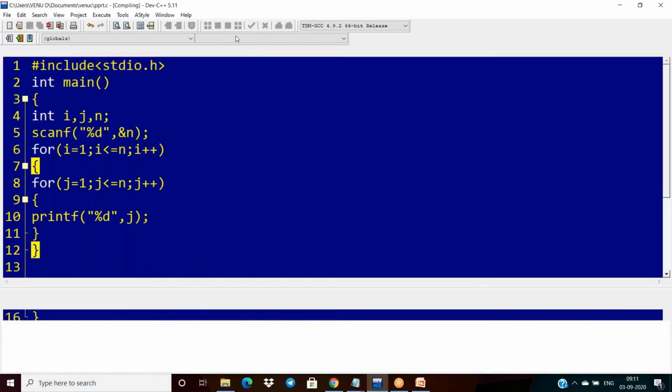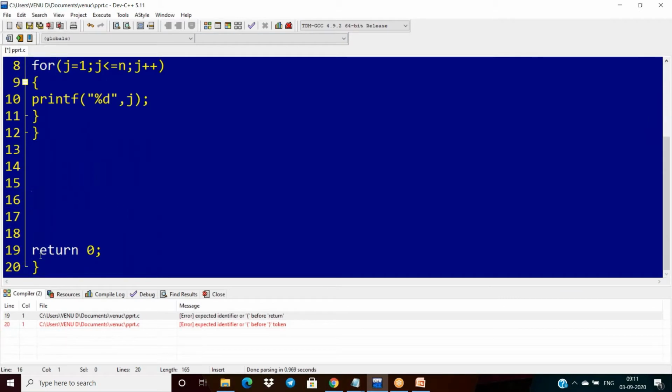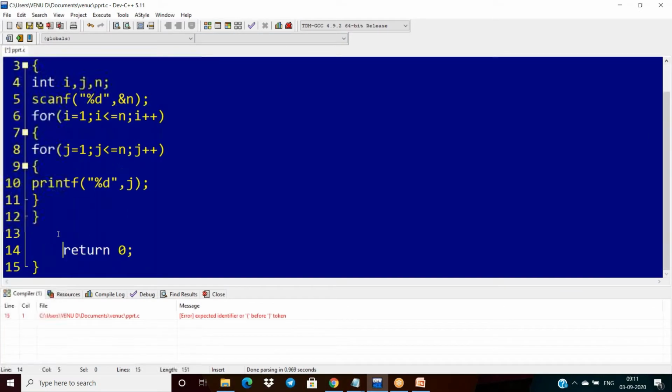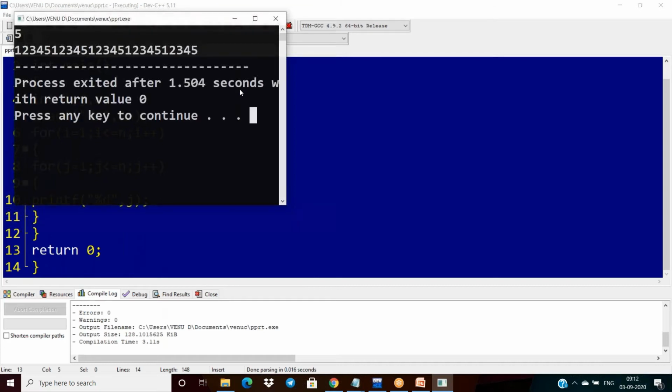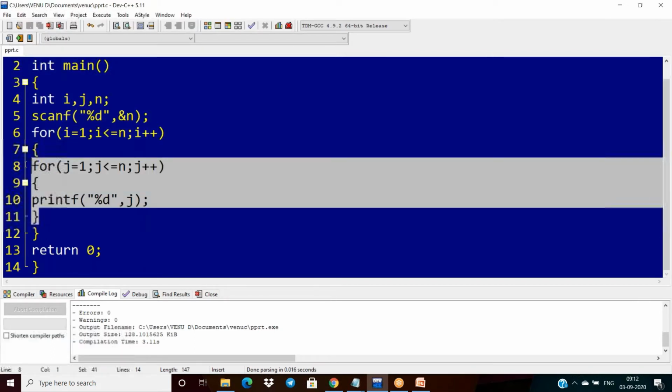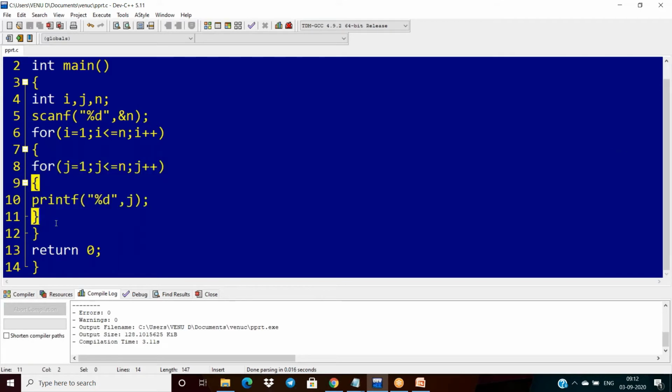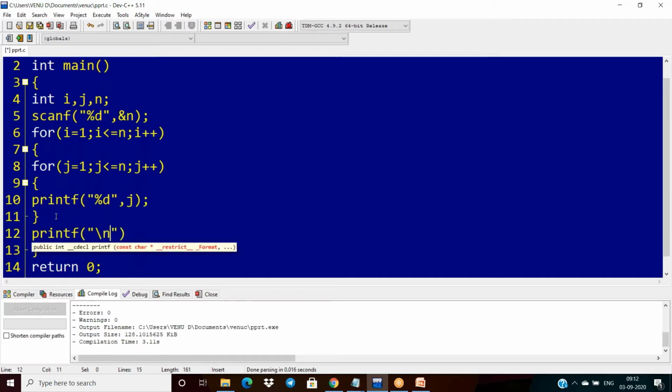I'm giving 5, then it will display 1 2 3 4 5, but within the same line I am getting 1 2 3 4 5 again. This is the problem. So after printing the first row, I want to provide a new line. That is why I am writing printf("\n") here.